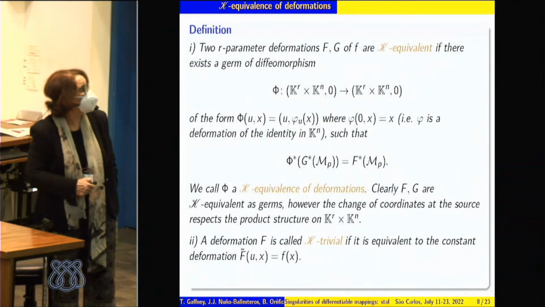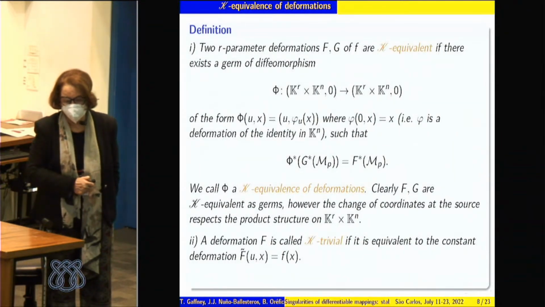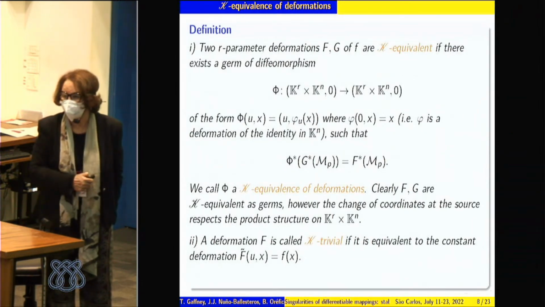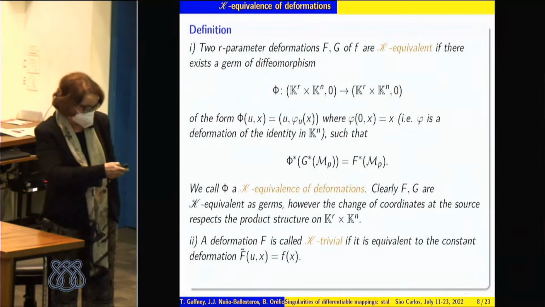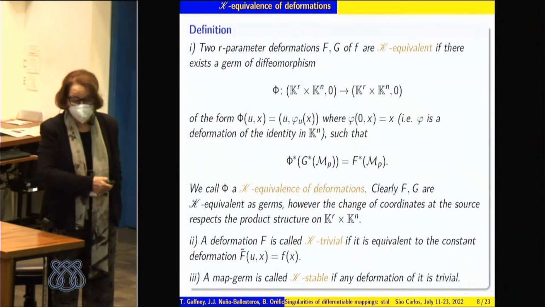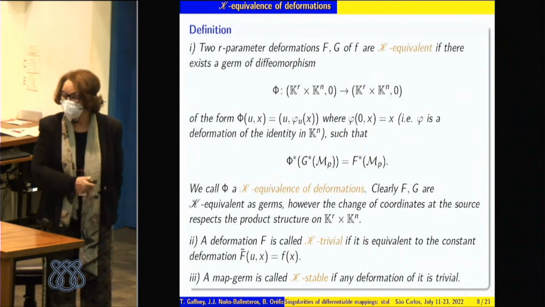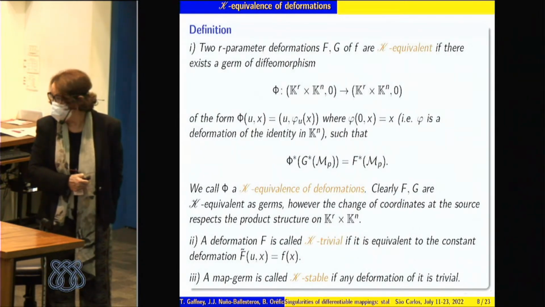Okay, so we said that a deformation is K-trivial if it is equivalent to the constant deformation. And we say that a map germ is K-stable if any deformation is trivial. Okay,